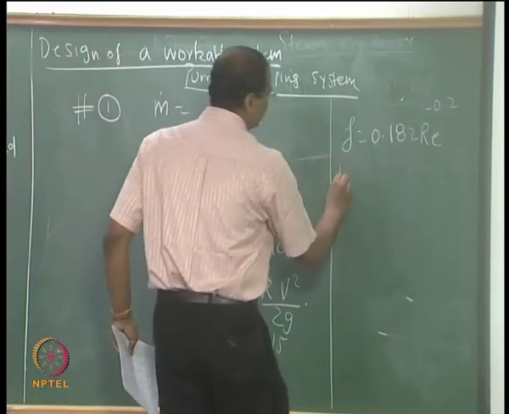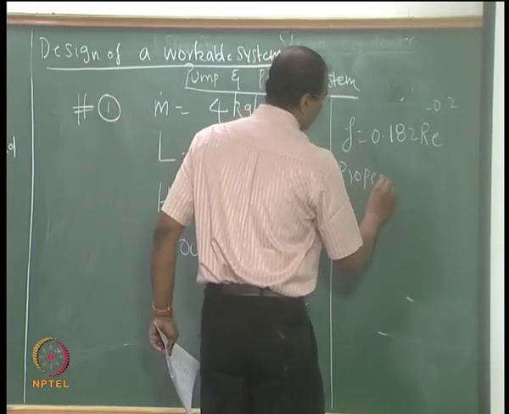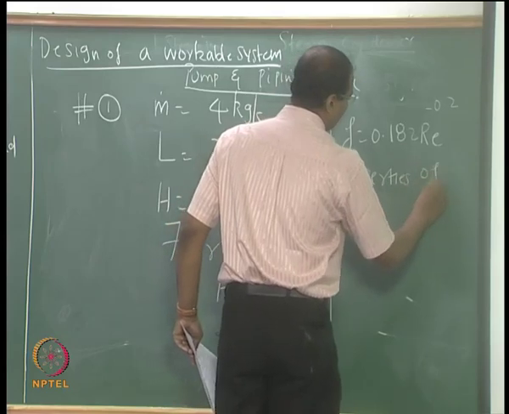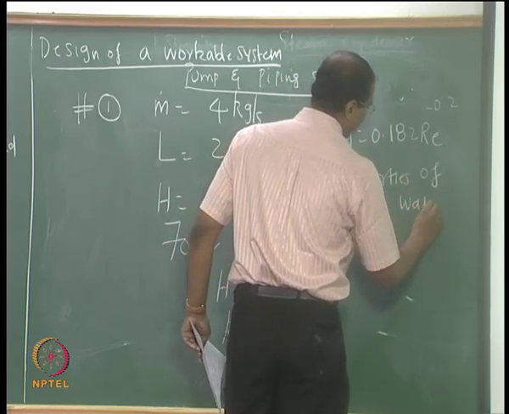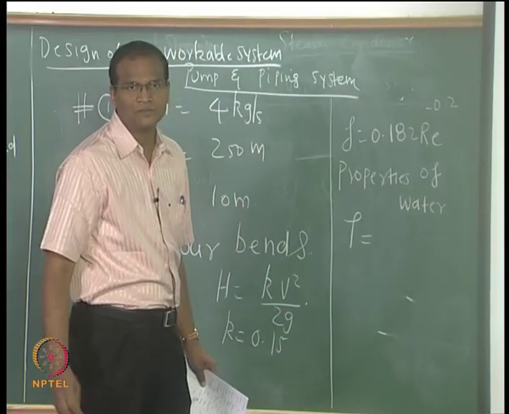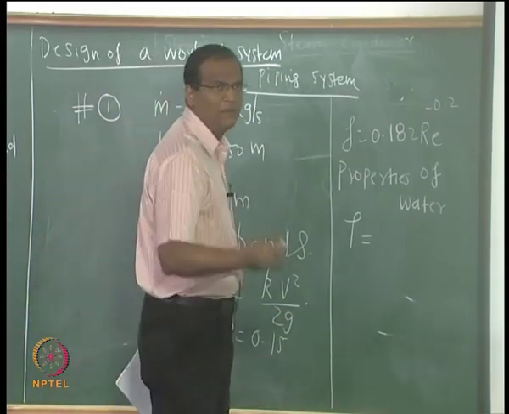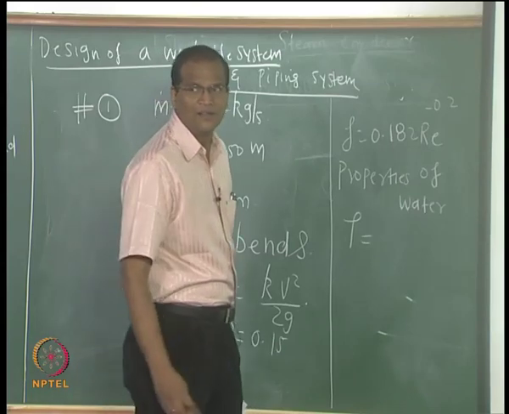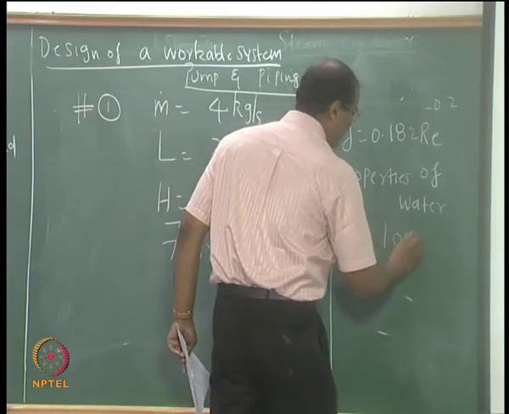Properties of water are rho equals 1000 kilogram per meter cube,